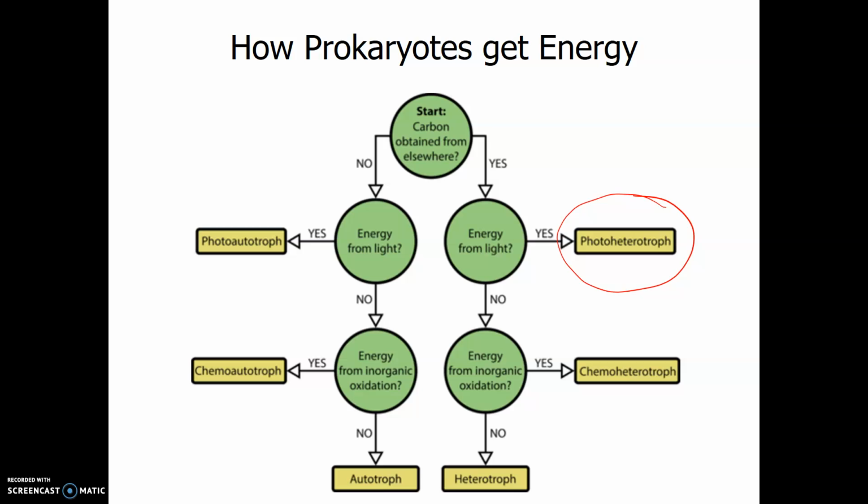So if carbon is obtained from elsewhere, as far as like from the atmosphere, more than likely, then it's a photoheterotroph. So it gets its energy from light. I'm sorry, not from the atmosphere. I'm sorry. This would be like it gets its energy from light, but it gets its carbon from carbohydrates or food that it eats. It has to consume food, but it still uses light energy. But if the autotroph uses light